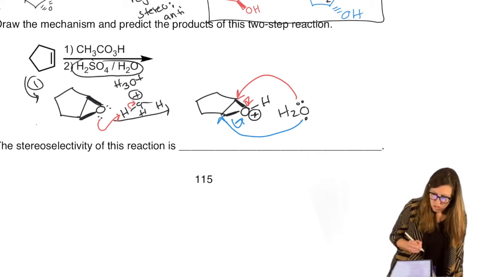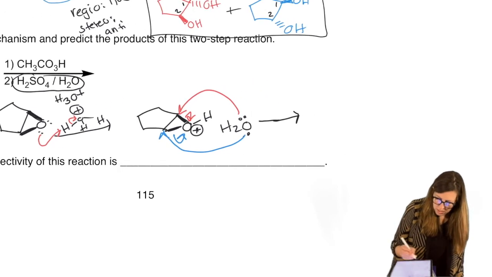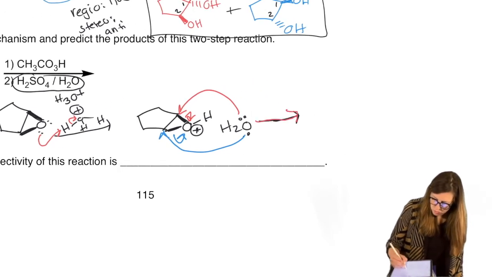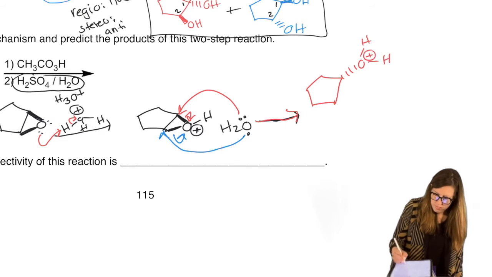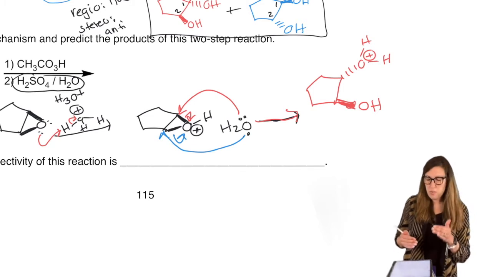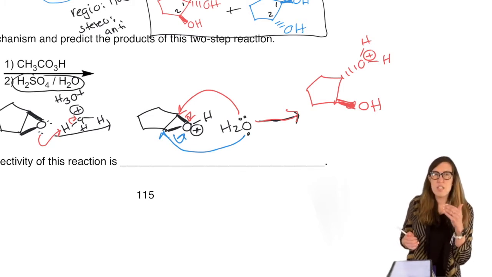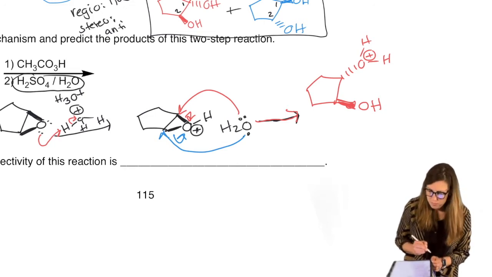Okay, so I'm going to draw out the red one. Let's do a red arrow. Okay, attack from below, water. The oxygen is what attacked and everything attached to it. That carbon released its bond to the OH. That's ready to go. This time there's no negatives, right? So it's a good thing to compare. We just did a base mechanism, negatives were the dominant charge. The charges in an acid-driven mechanism are positives.